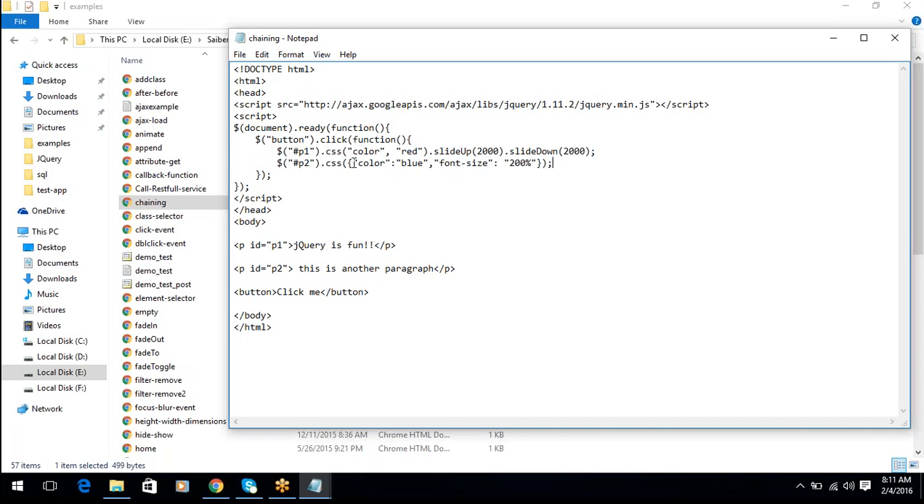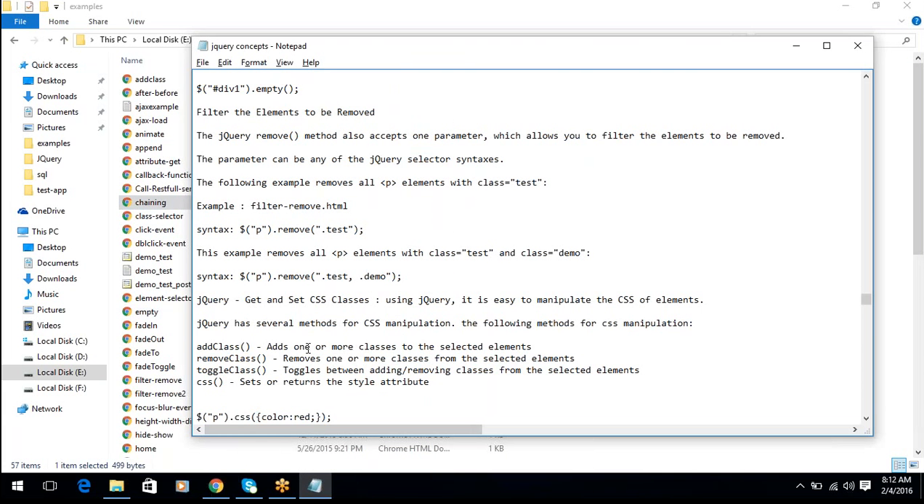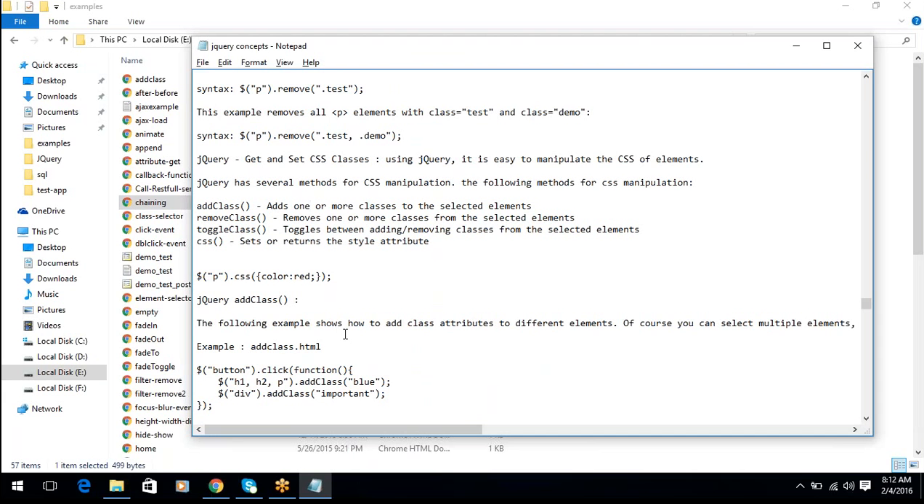You need to write properties and values in double quotes or single quotes. In between two properties we need to give a comma. So these are today's concepts, and tomorrow I will explain Ajax calls using jQuery, how to retrieve the data from the database. I will explain that. Today your assignment is